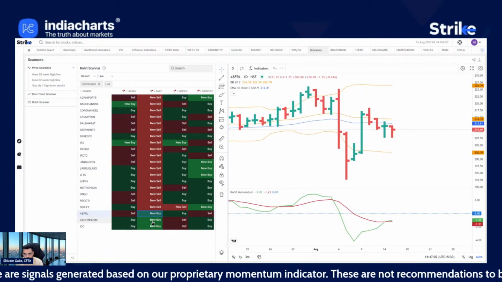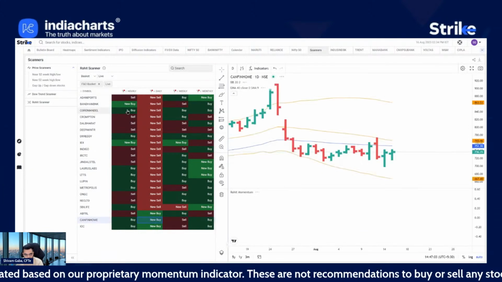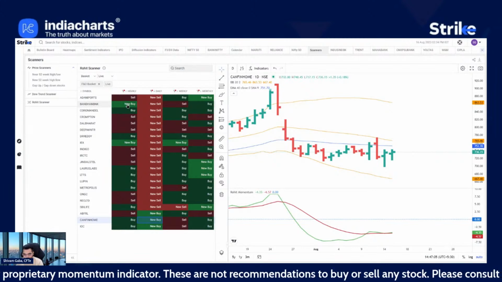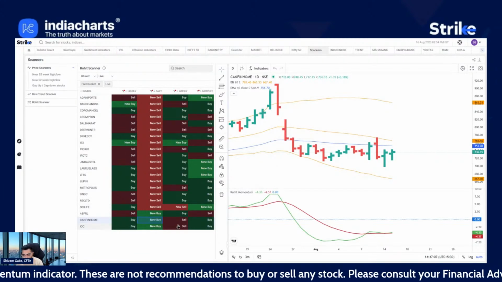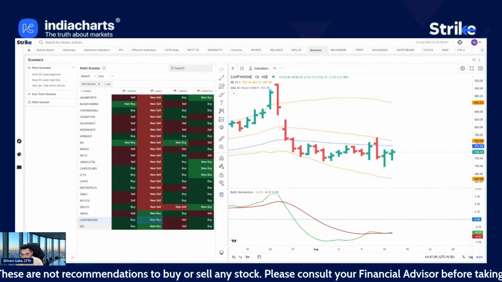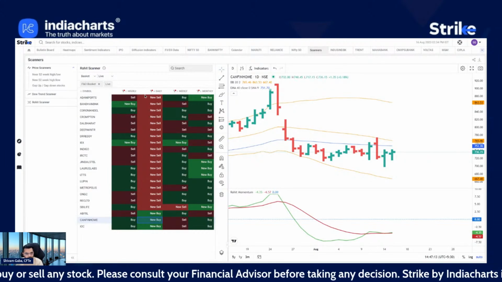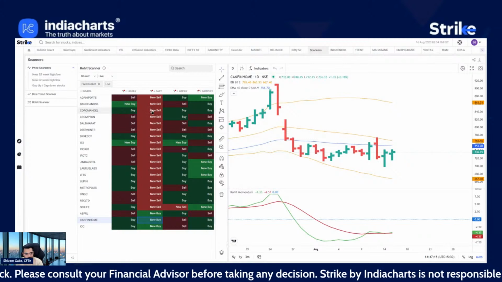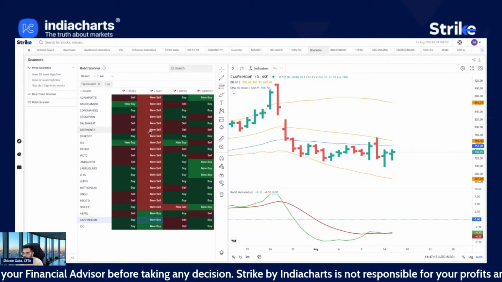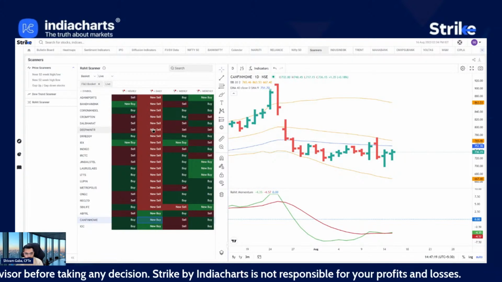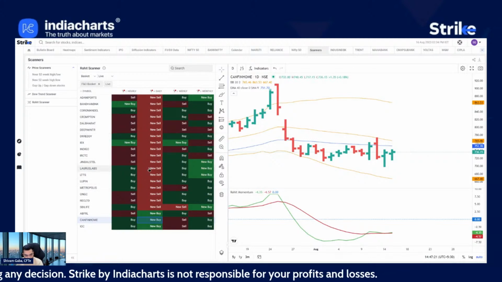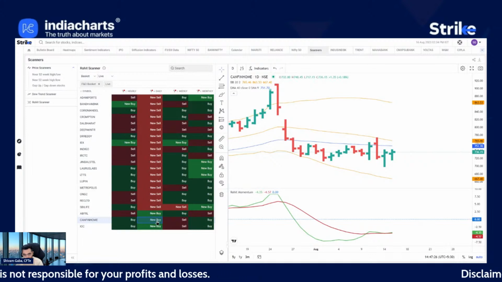So if you are a short-term trader, you can also look at the hourly signals as well. So hourly is an even smaller time frame to get even better entry and exits. So yeah, it's a good idea to always use a combination of two time frames, basically weekly, daily, or daily, hourly. But yeah, it's recommended to trade in the direction of the larger trend.